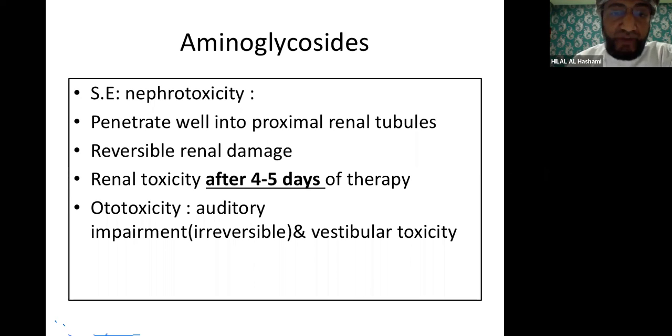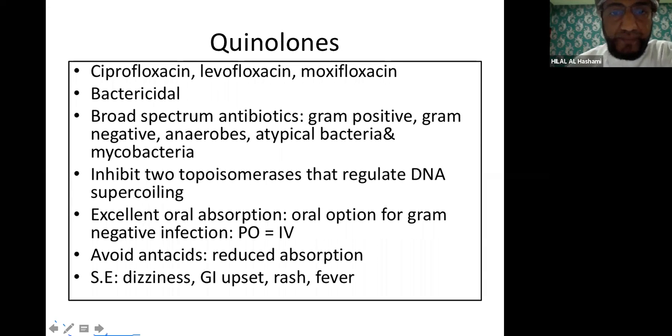The side effects of aminoglycosides include nephrotoxicity. They penetrate well into the proximal renal tubules. They cause irreversible renal damage, and the renal toxicity usually happens after 4 to 5 days of therapy. They also cause irreversible ototoxicity and vestibular toxicity, and that's why we need to carefully monitor patients on